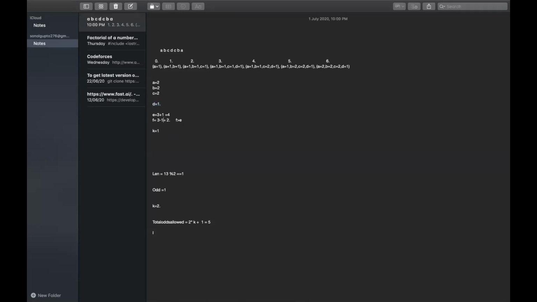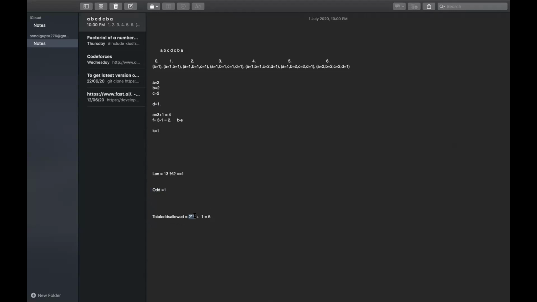Right. So basically you have to see how many odds you have, and if you can convert those odds into evens based on your K value, you are actually eliminating those from the race. And at the end, you just count how many odds you have, and check if they still satisfy our K condition. Also, if the number of odds is odd, you can still deduct one of them, because the middle one will always be odd, and then you can surely form a palindrome, right? So that is what you are trying to say.